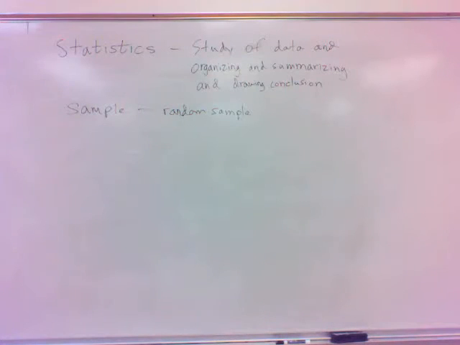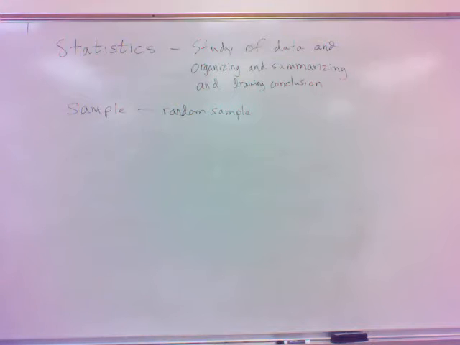A random sample is a sample where every person or thing has an equally likely chance of being picked. If I handpick certain people, I may not get accurate results. If I say I'm going to ask only this such and such group, you miss out on the others. So you try to get a random sample. You're not always able to get one, but that's what you strive for.